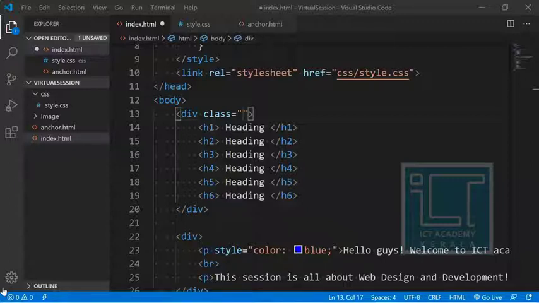Also, this class name can be given to more than one group. For example, there can be 2 computer science batches, so there will be 2 computer science classes. Like in school, there will be 2 divisions for 10th standard, 10th A and 10th B, so we can give a common class name like 10th. So the class name can be shared among different groups of elements.